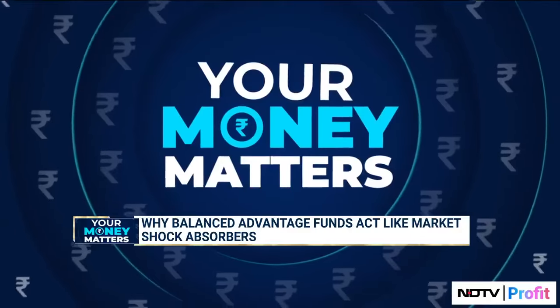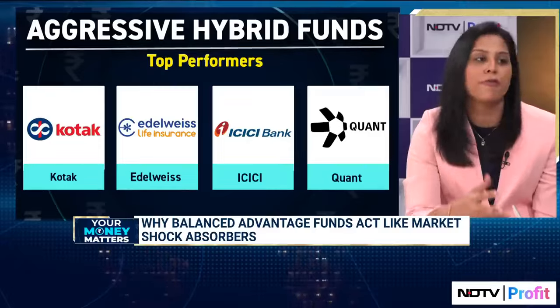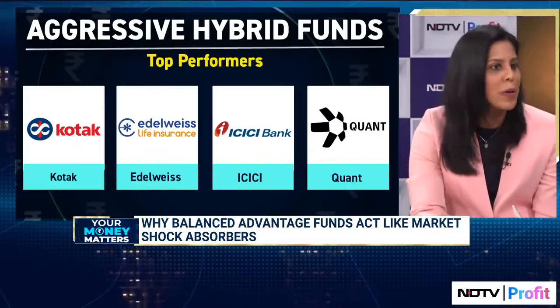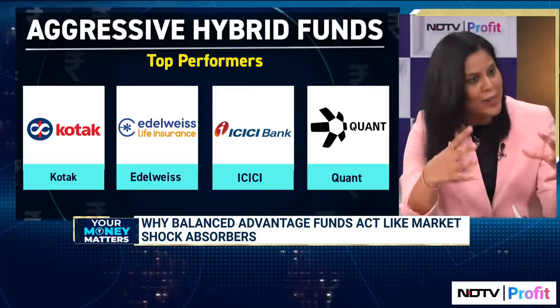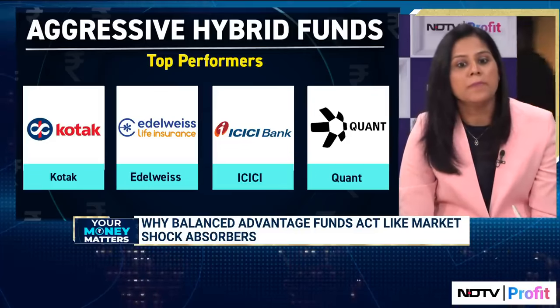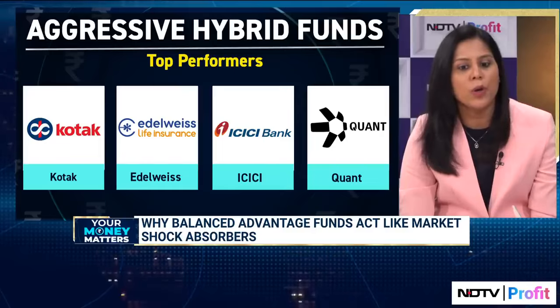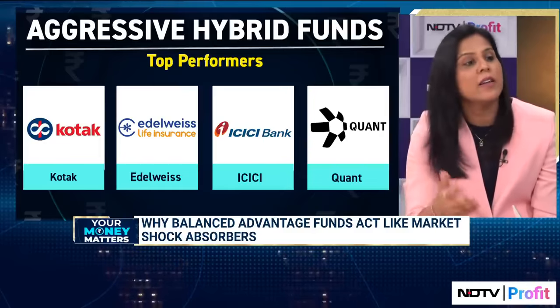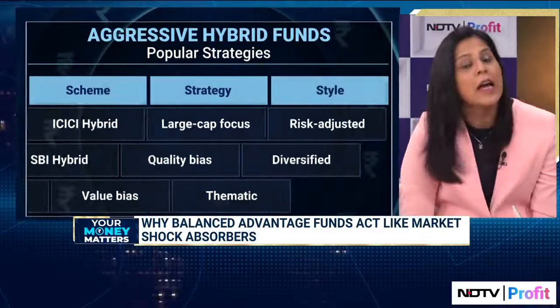We'll have to run through the aggressive hybrid, but what 3 schemes stand out to you here? Again, I think ICICI, Edelweiss and DSP. The principles of credit and large cap that I spoke about for ICICI stand true even as far as their aggressive hybrid fund is concerned, because largely the teams would remain the same. Same is true as far as SBI is concerned. I think they take a lot of aid and assistance of quants to understand the pulse of the market as far as sentiments is concerned.